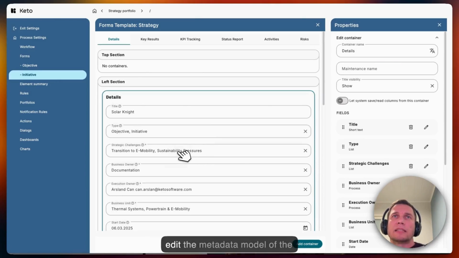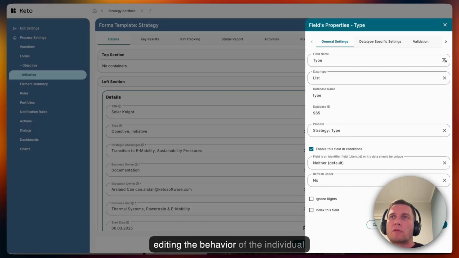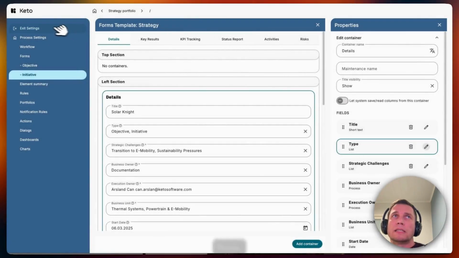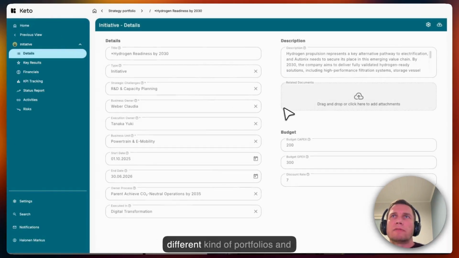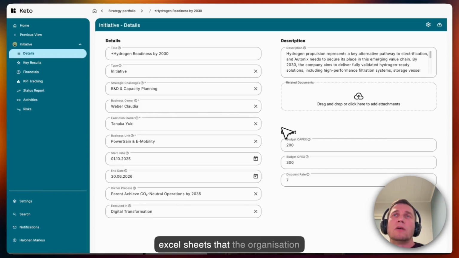edit the metadata model of the strategic initiative by adding or removing fields or editing the behavior of the individual fields. This is an easy way to digitalize different kinds of portfolios and Excel sheets that the organization used to use previously and input all the data inside of Keto. Also bear in mind that Keto has good capabilities of exporting this data back to PowerPoint or Excel format for reporting purposes if needed, and this data can be used on the dashboard analysis that I showed you in